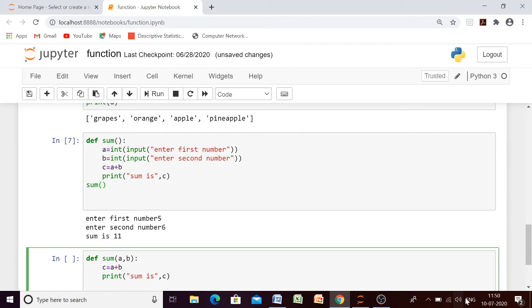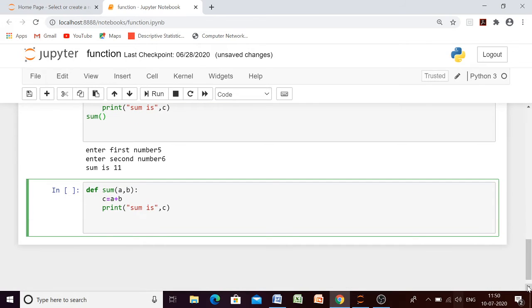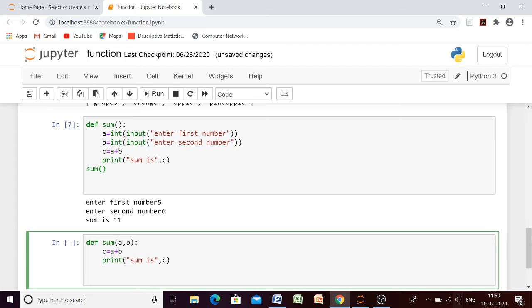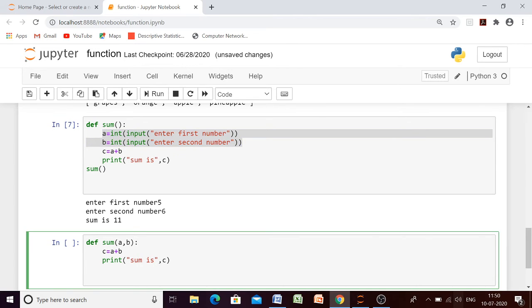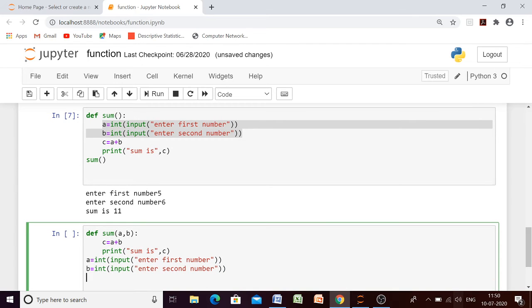So we have done the function definition. The part of function definition is over. Now we have to call our function, and we have to take these parameters from the user. Since we have provided these parameters here, we have passed the parameters. We will use these two statements here. These two statements will not be part of our function definition. So how to pass these two? When we call this function, sum a comma b. Now see here. See the difference here.